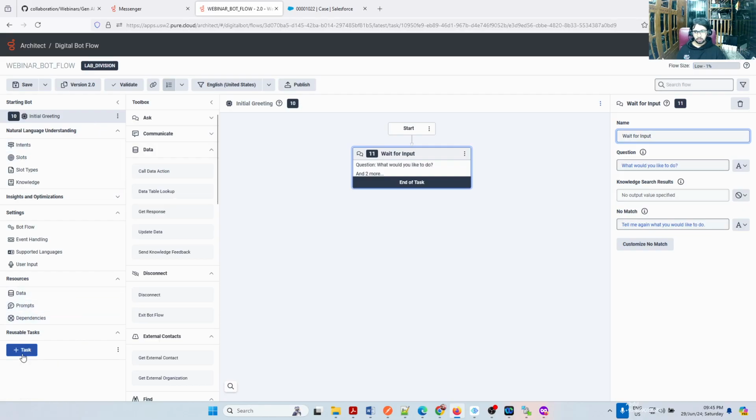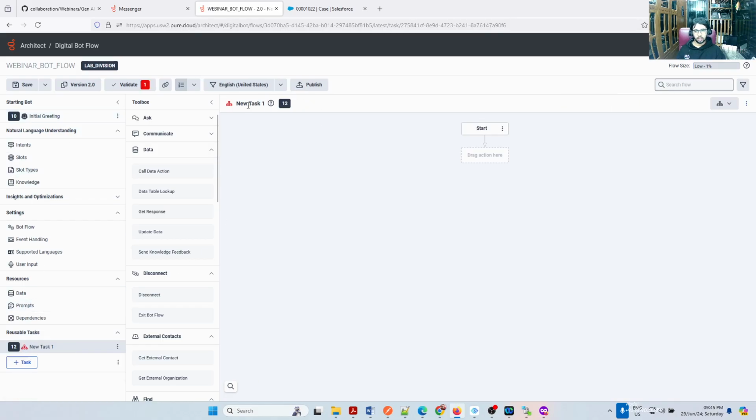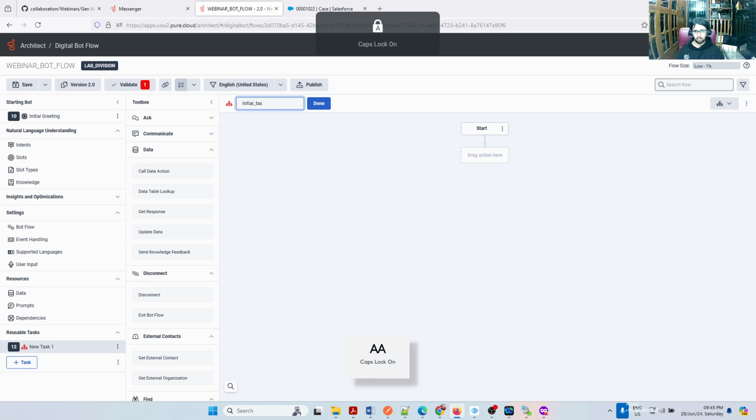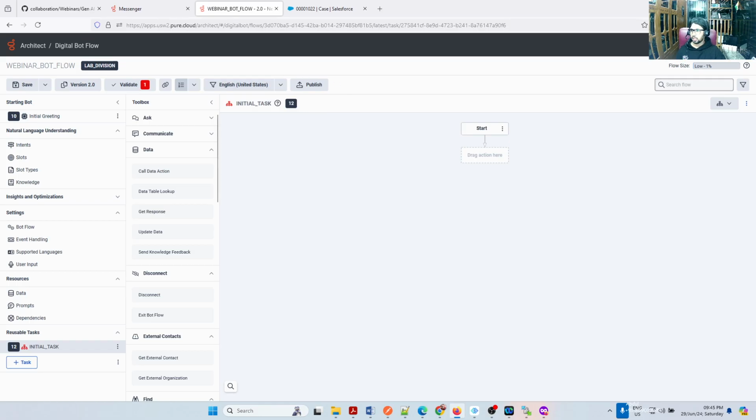Instead, we have the flexibility of creating reusable tasks. The reason I'm going for reusable tasks is that at any point in time I can jump to any of the tasks. Suppose you have an exception. You guys are asking me how to handle an exception. During that exception, I can simply say, okay, you go to the initial task or whatever task I need. For that reason, even though this is the beginning, I will create my own initial task. I will call it initial. These are all best practice approaches. It's not like you can design this way only. If you wish to proceed this way, it'll be easy for you to troubleshoot. Initial task. I go to the initial task.